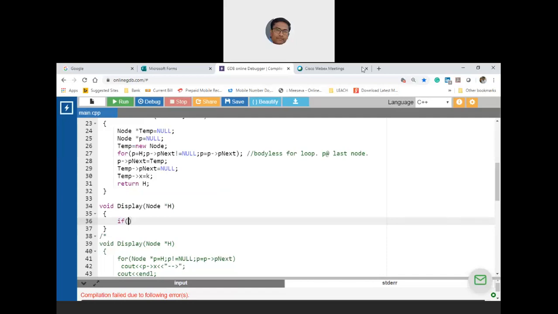Some messages, let me check whether they are meaningful messages, which is very important. Roll number 20 lost the connection, so he or she could not join the class as well as the quiz.